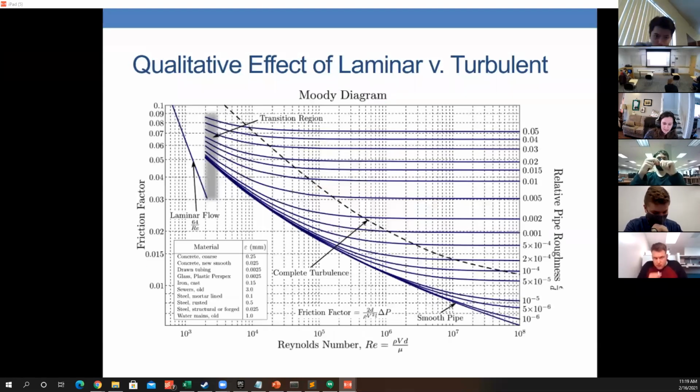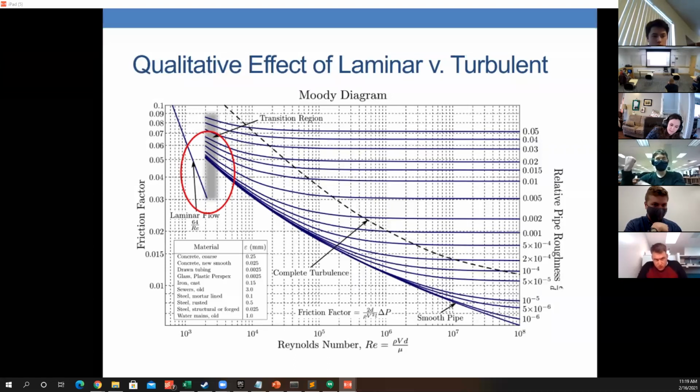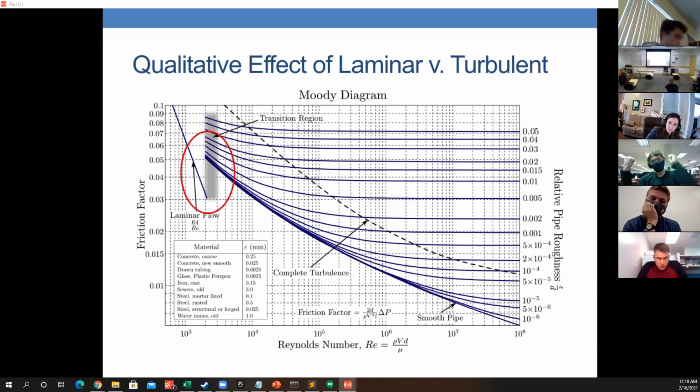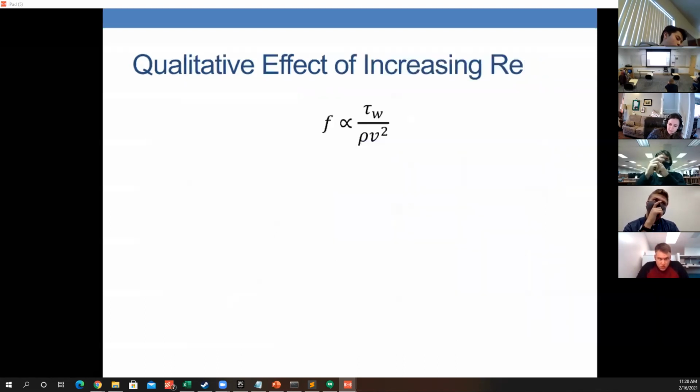So, I brought that up to show that you can see when we transition from laminar type flow to turbulent type flow, there's a transition region where it could act a little bit like each, and the friction factor jumps up. So we suddenly jump up and have more friction loss. Okay, and then, of course,